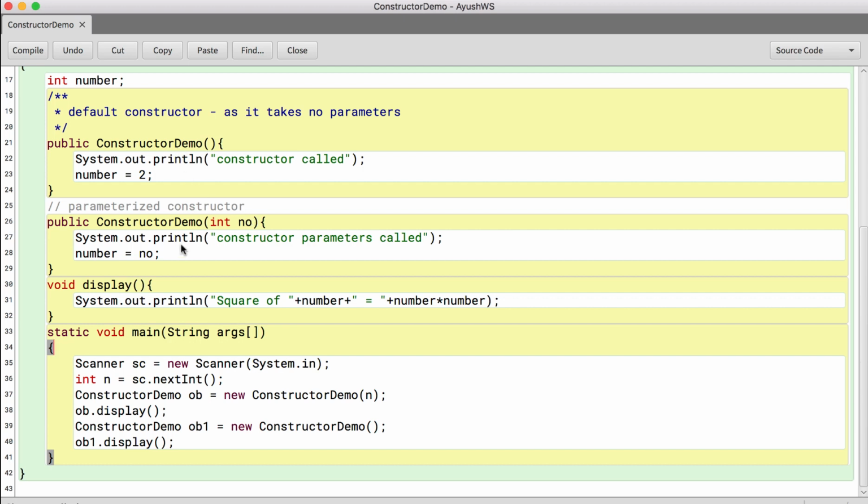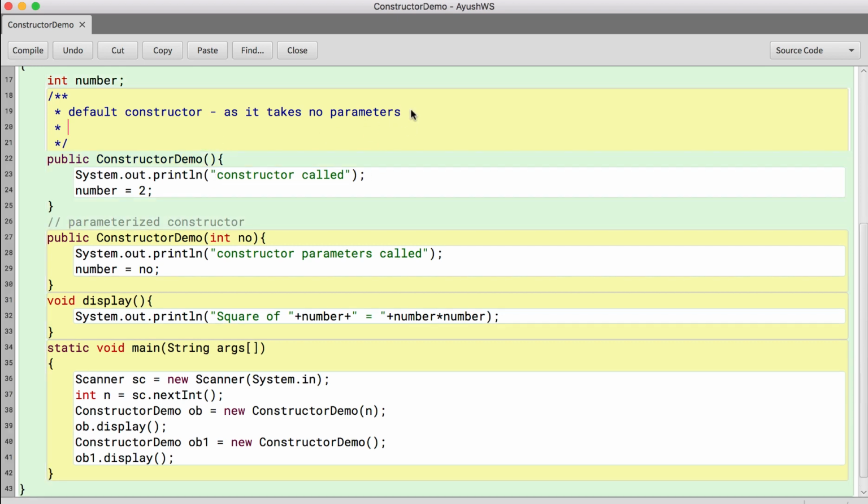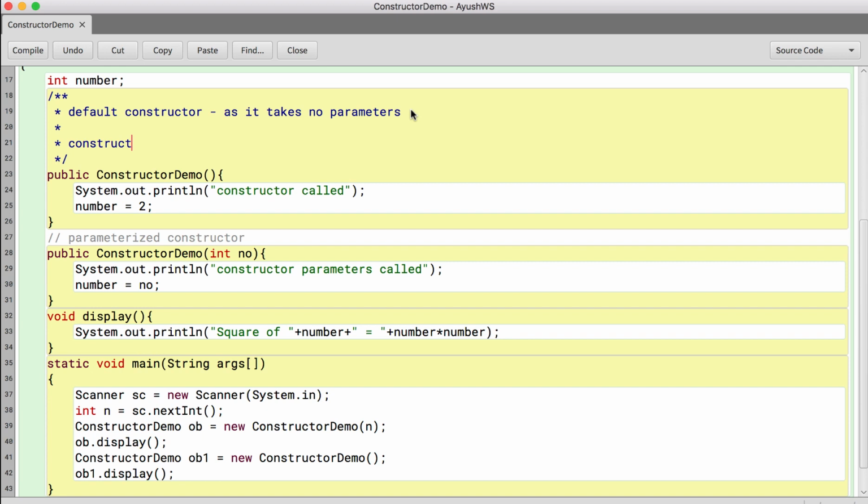And whenever in a class you have two constructors with the same name but different parameters, it is called constructor overloading. And this is again one of the implementations of the OOPS principle, that is polymorphism. So if a class has more than one constructor with a different number, sequence or type of parameters, it is called